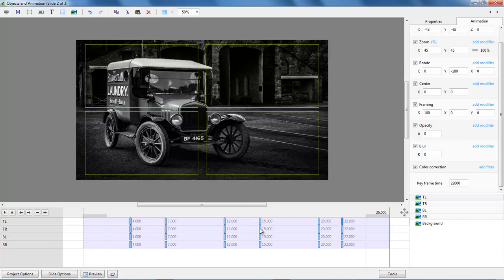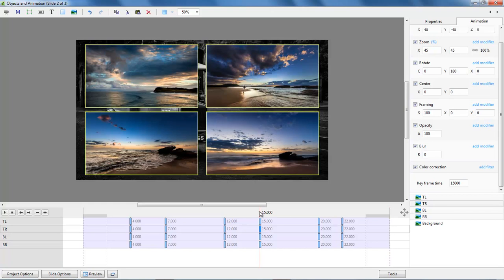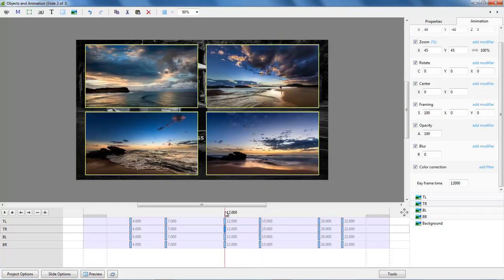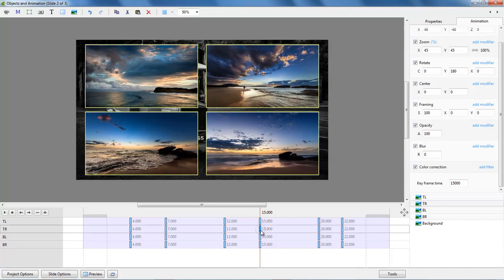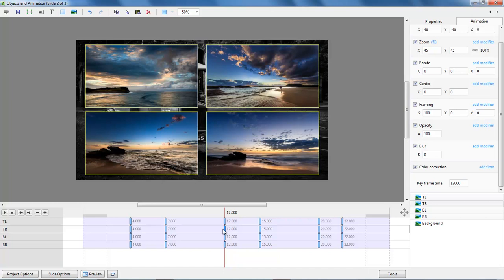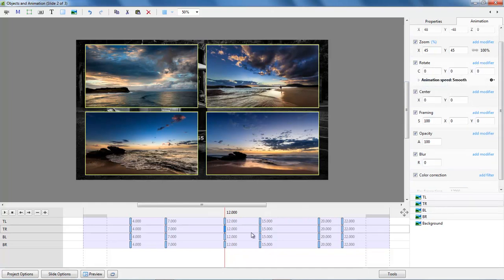So we can start with the top right, identify where we want it to go, and it's going to be there, of course. I picked the wrong keyframe there. If I'd have put my speed at that keyframe, nothing would have happened because that keyframe commands this to do nothing, so we wouldn't have seen a thing. So there we have it. Top right is the one we're working on. Select the right keyframe, go to the rotate, animation speed and smooth,